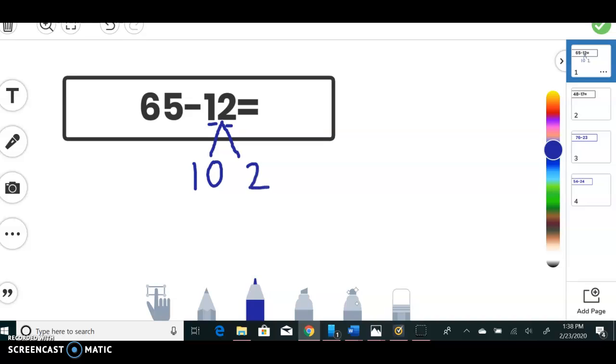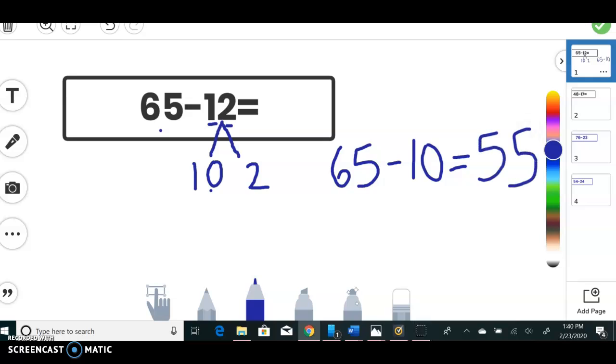Now, over on the side is where I'm going to complete my subtraction problem. I'm going to start by taking away the value of the tens, which in this problem is 10, from 65. So over here on the side, I'm going to write it out. 65 minus 10 equals, and now to find the difference of this problem, I can count back, I can use a number chart, I can draw a quick picture. And so 65 minus 10, I'm going to do some mental math. And that is